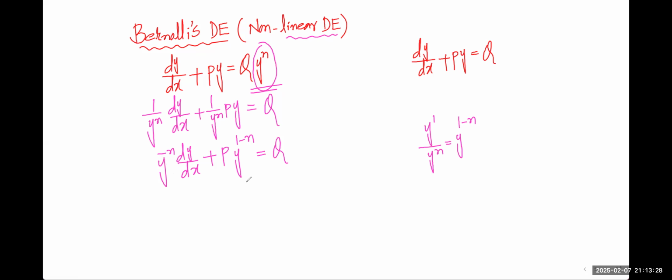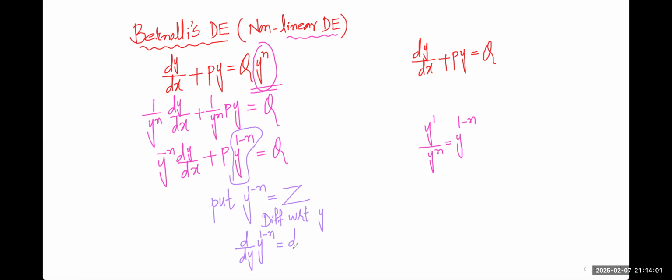So we have to go for a special substitution. This means the term of P coefficient should be taken as z. Put y to the power of 1 minus n is equal to z. Then differentiate with respect to y. We get d by dy of y power 1 minus n is equals to d by dy of z. Doing this and simplifying, equation number 2